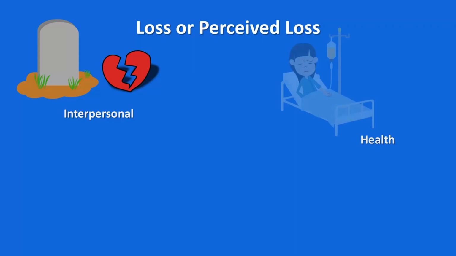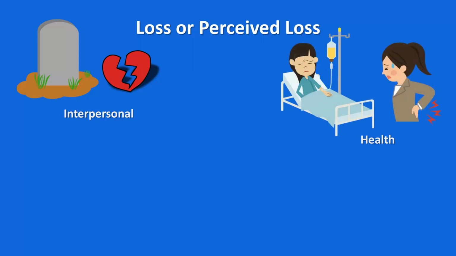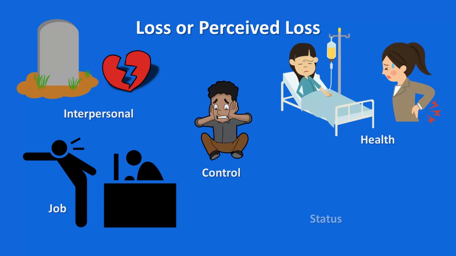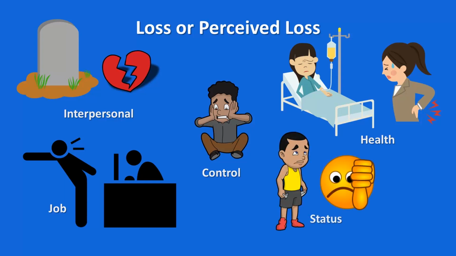There could be a serious or chronic health issue, or we could just start feeling older, or we get injured and can't do some of the things we used to enjoy, or that are important to us, or we can't do them as well as we used to be able to. Or we could get laid off, or fired, or lose our jobs. Or it could be the perceived loss of control over certain aspects of our lives. Or a loss of status or acceptance among our peers or colleagues or any group we identify with.